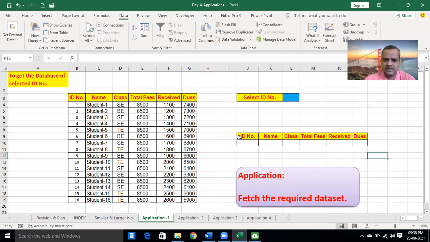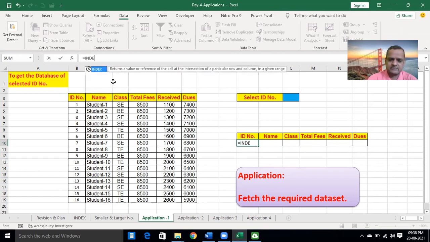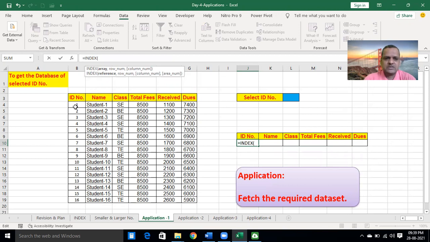I will again make it blank and see this ID number. I need to insert the index formula again here. We already discussed the index formula. Array means we need to select the complete table, then comma, row number. What does it represent?